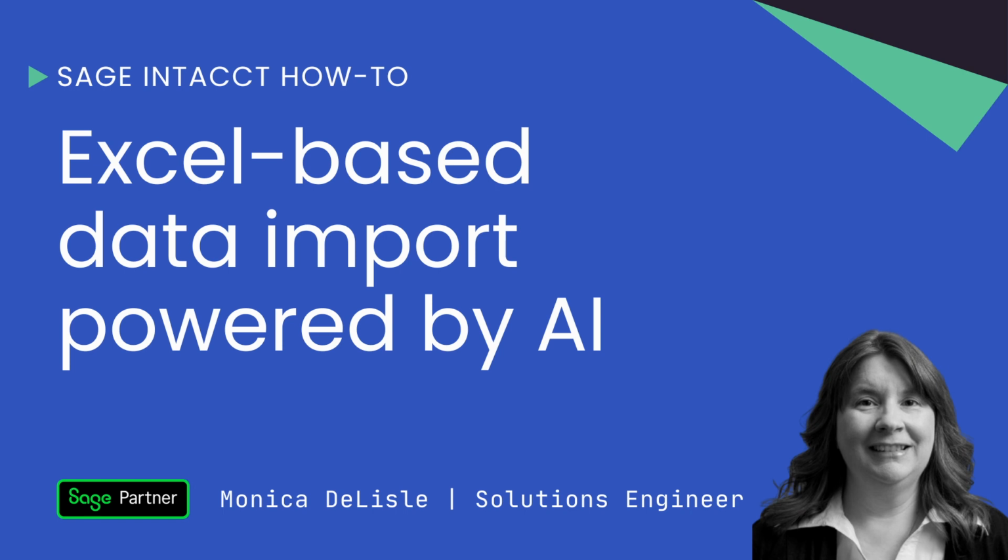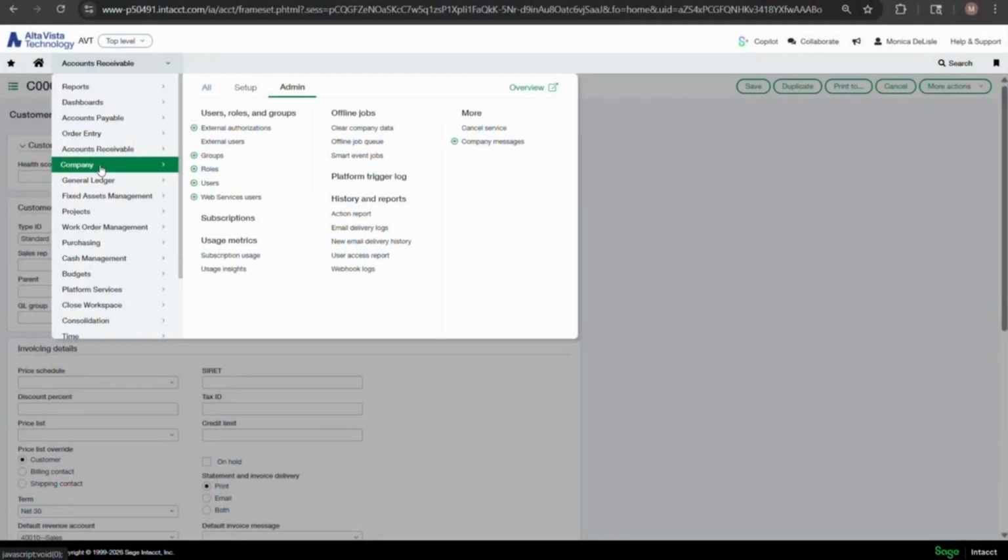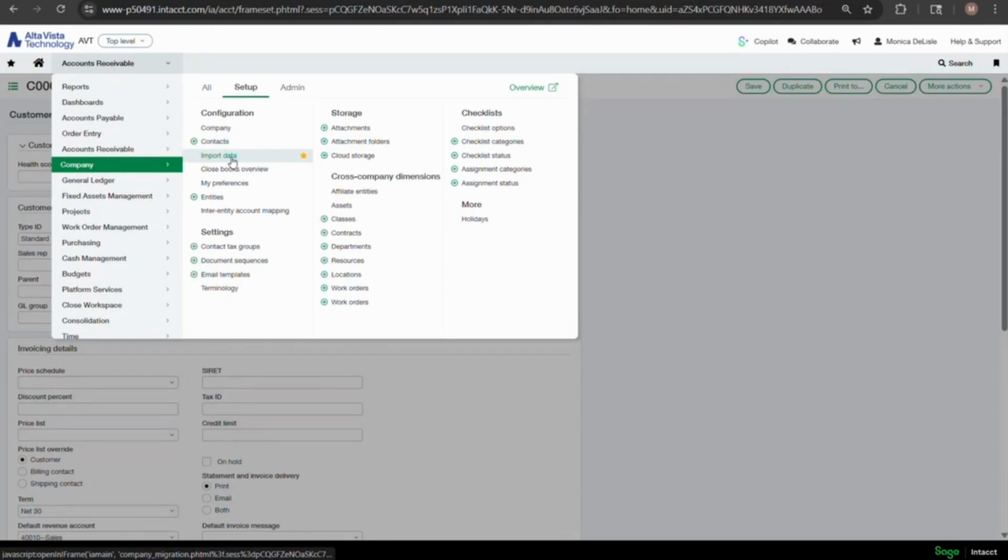The next thing I'm going to talk about is the new data migration. This has been in the works for a while, but I haven't really talked about it much because it's been moving along very slowly. But we're really at a point now where we actually have enough templates for us to really talk about this. So I think probably, hopefully everyone knows that Sage Intacct has an open architecture, and